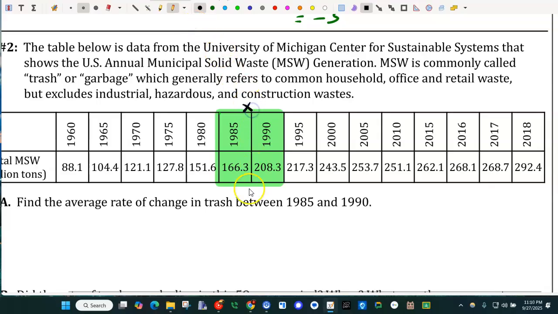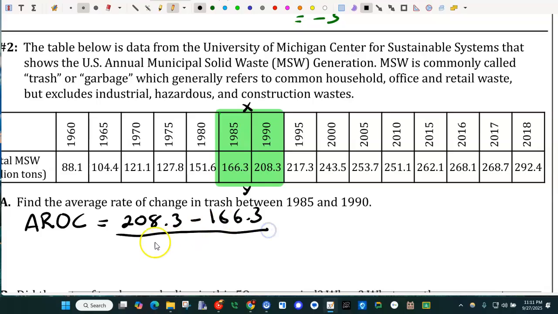These are x values, and these are our y values. All right, so we can do that. The way we write this down is a little different, right? Find the average rate of change. So I'm going to say average rate of change equals, I'm going to use the second ones first. So I'm going to go 208.3 minus the first, 166.3, all divided by the 1990